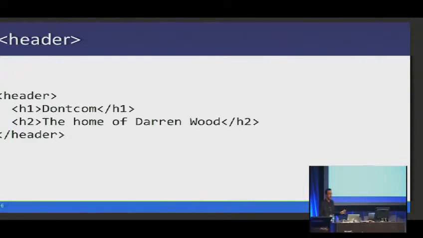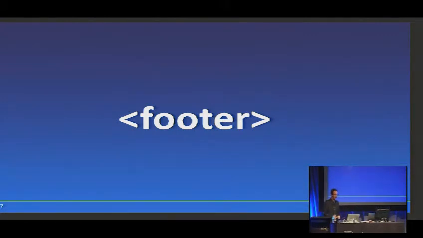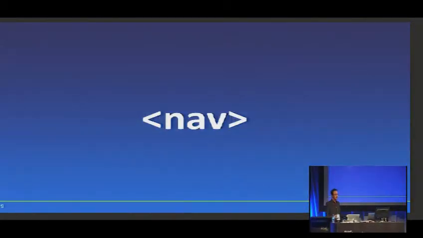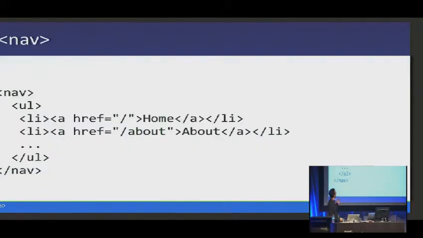And very similar to the header element, we have the footer element. And this typically contains metadata about the enclosing section, who wrote it, the date it was written, links to related documents, copyright information, that sort of thing, as illustrated above. Another very common usage is navigation. So we now have a new nav element, and these generally contain links to other documents or parts of a document. Not all groups of links, however, will sit in a nav element. Generally, the nav element is for primary navigation. And this is how you might mark that up.